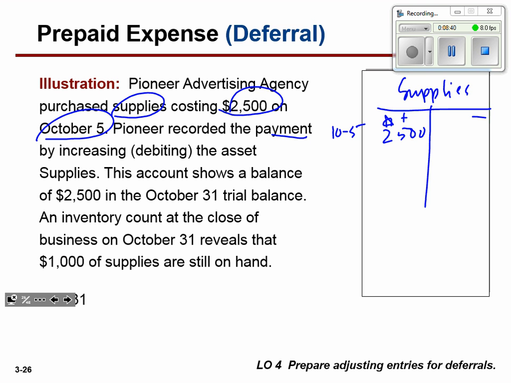Excuse me, I said that wrong. We journalize in the general journal. We post to the ledger. From the ledger, we pull the balances to make a trial balance. That's not the real story, because of an inventory count at the close of business. So at the end of, notice I'm not saying at the end of the month. Notice I'm not saying the end of the year. I'm saying at the end of the fiscal period,